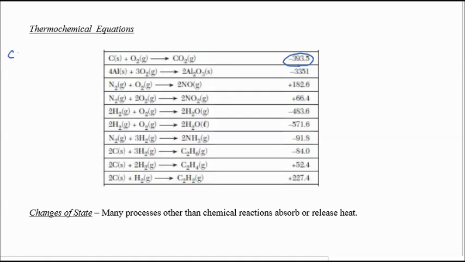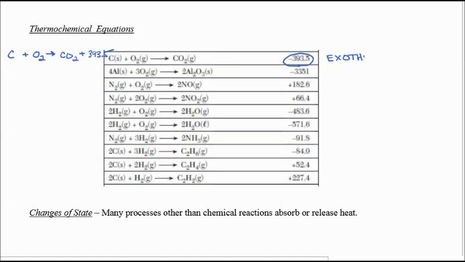So if we were to write this equation, we would say carbon plus oxygen turns into CO2 by giving off 393.5 kilojoules of energy. Notice when it's written in the equation, the sign for the heat has a positive sign in front of it. It's only a negative when it discusses delta H,